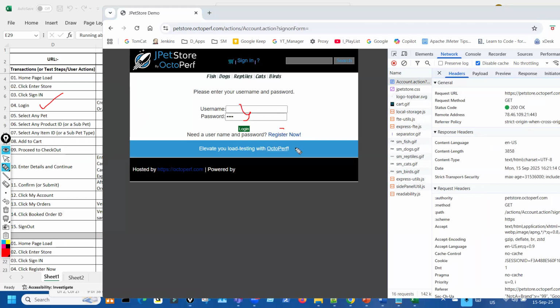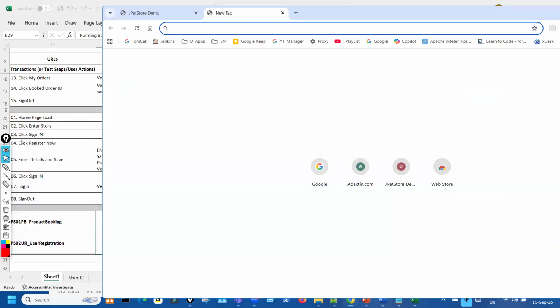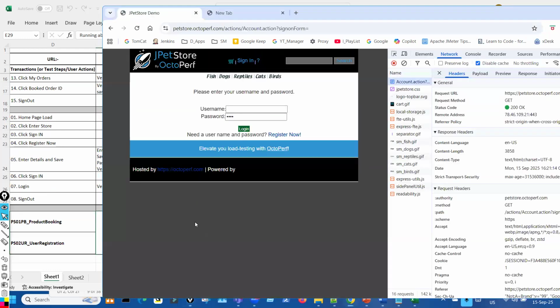you can always register a username before performing this scenario. So I'll explain that, or let us first register that, okay? And we'll get an idea of that also. We will create our own username. There is a default username also that we can use for this website, which is